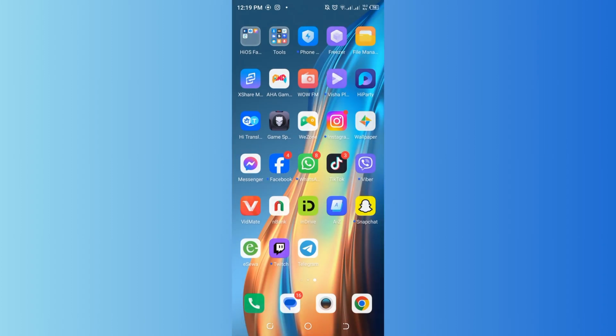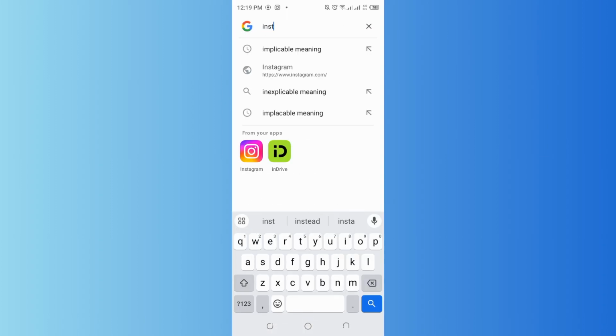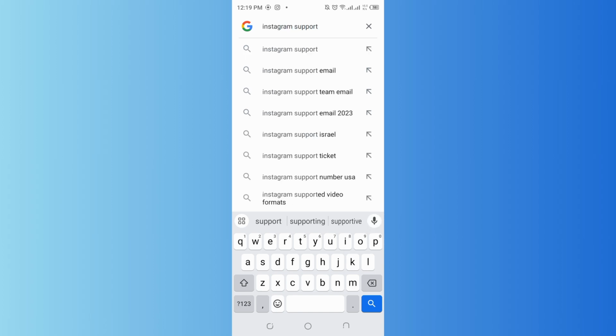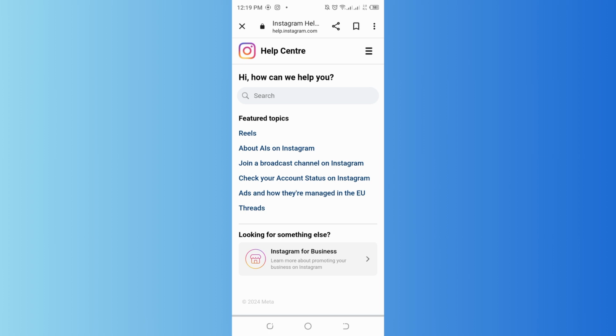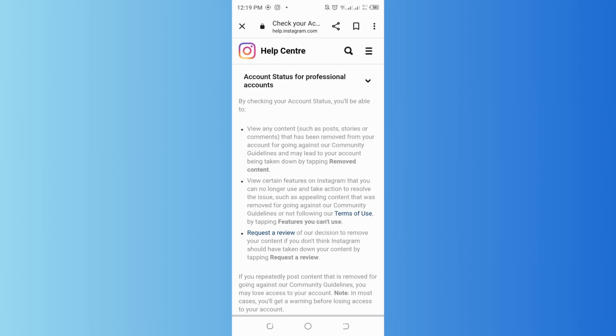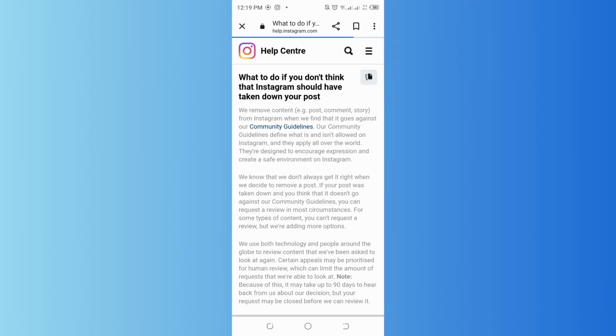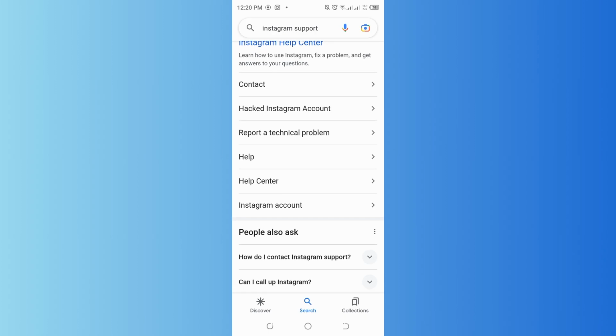support. Go back and go to Google and type down Instagram support and tap on the first option and tap on Check your account status on Instagram, and you have to tap on Request a review, which is right above here. You have to go to the Help Center right over here, tap on that,